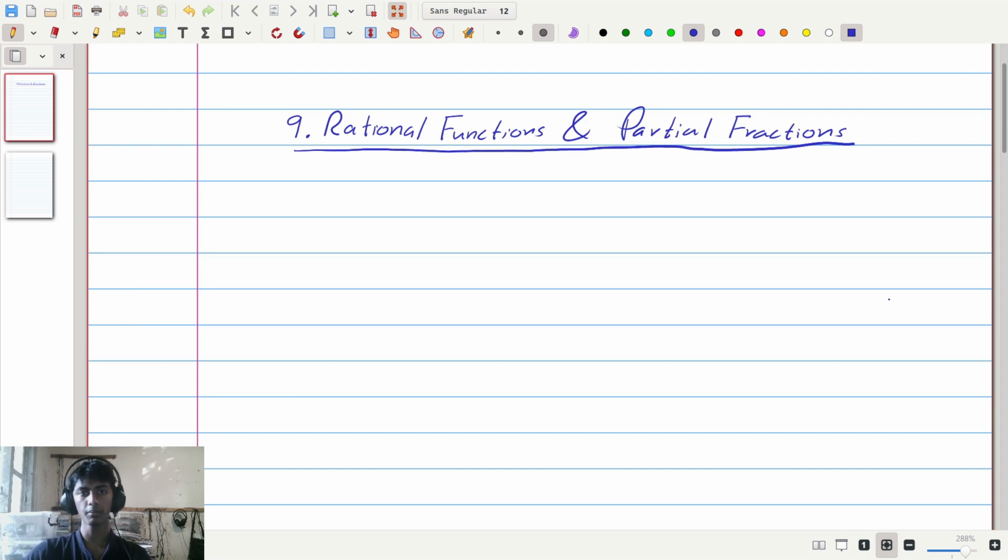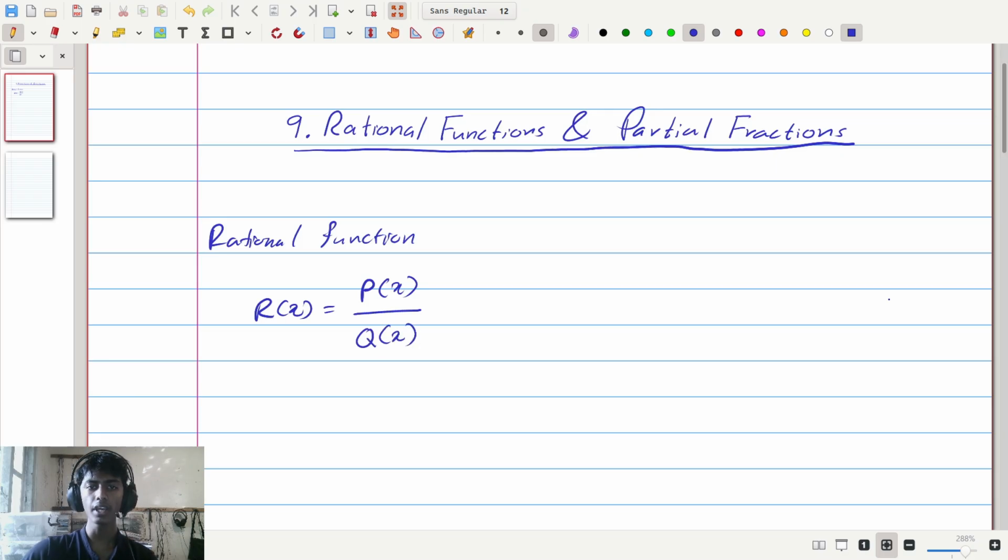Hello and welcome to lesson number 9, rational functions and partial fractions. So to start, let's talk about what a rational function is. A rational function, let's say R(x), is any function that is P(x) divided by Q(x), where P(x) and Q(x) are